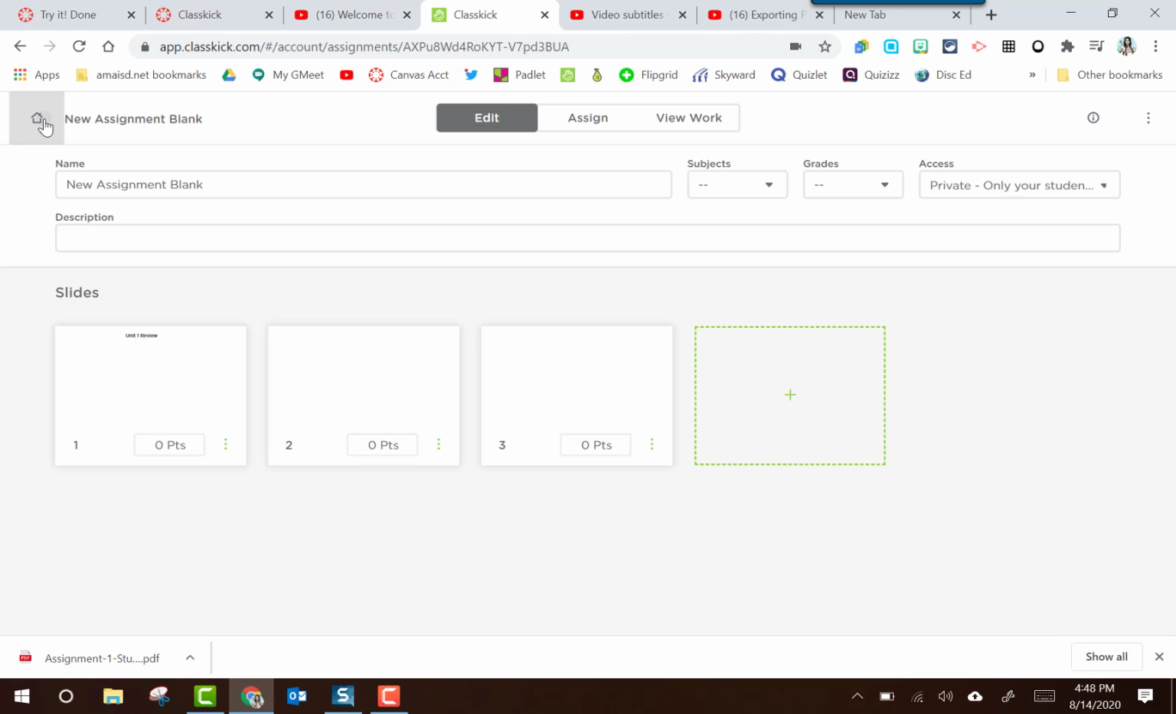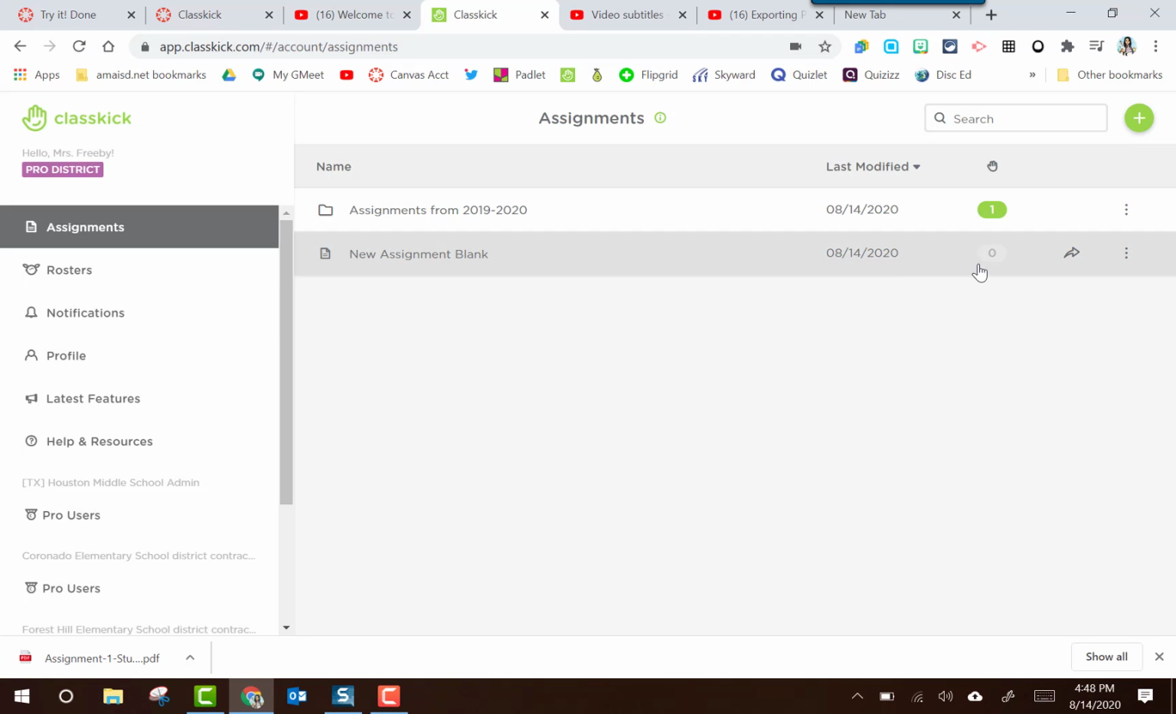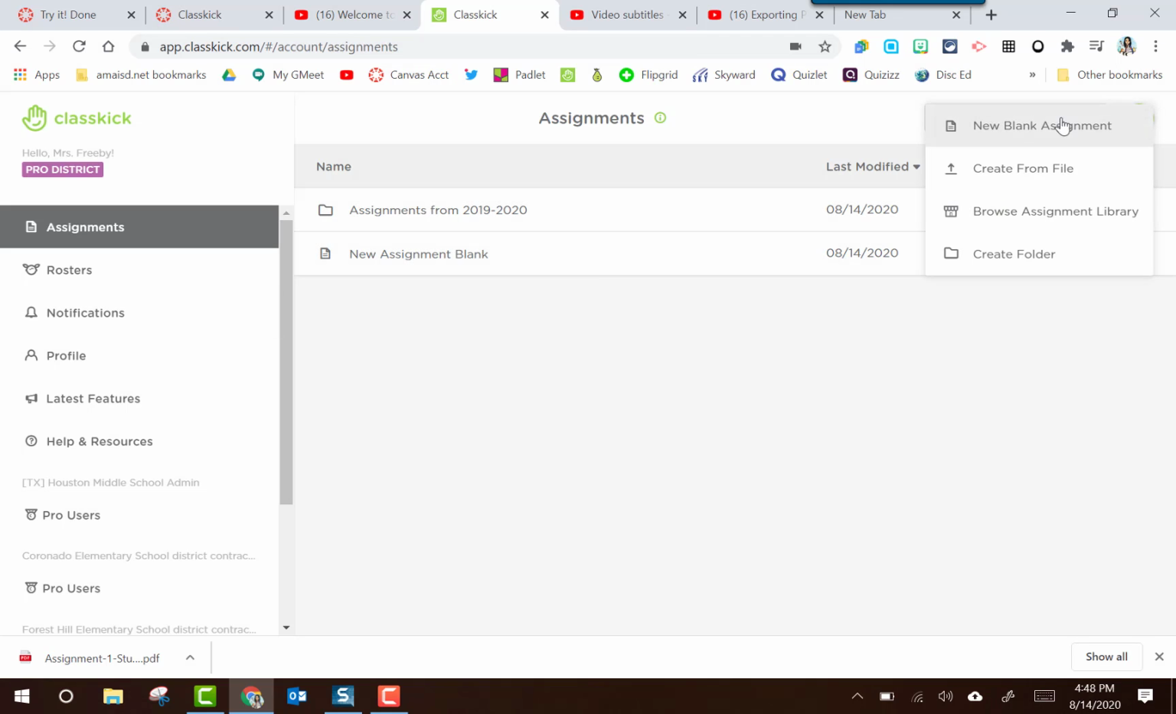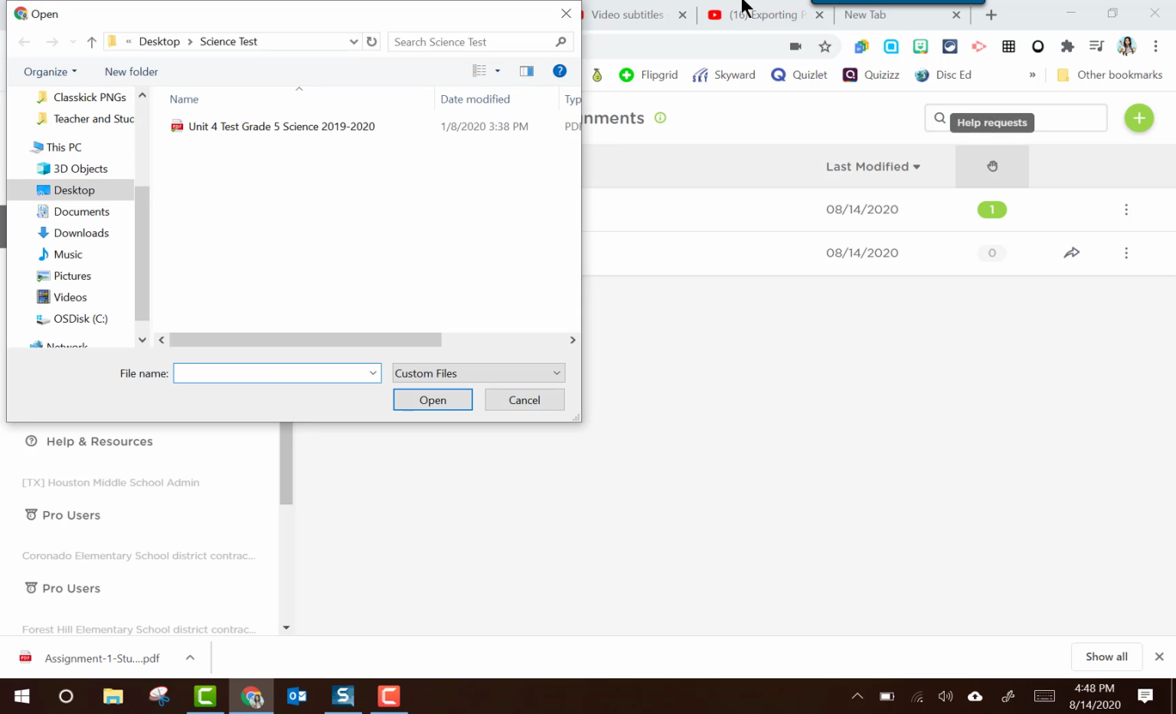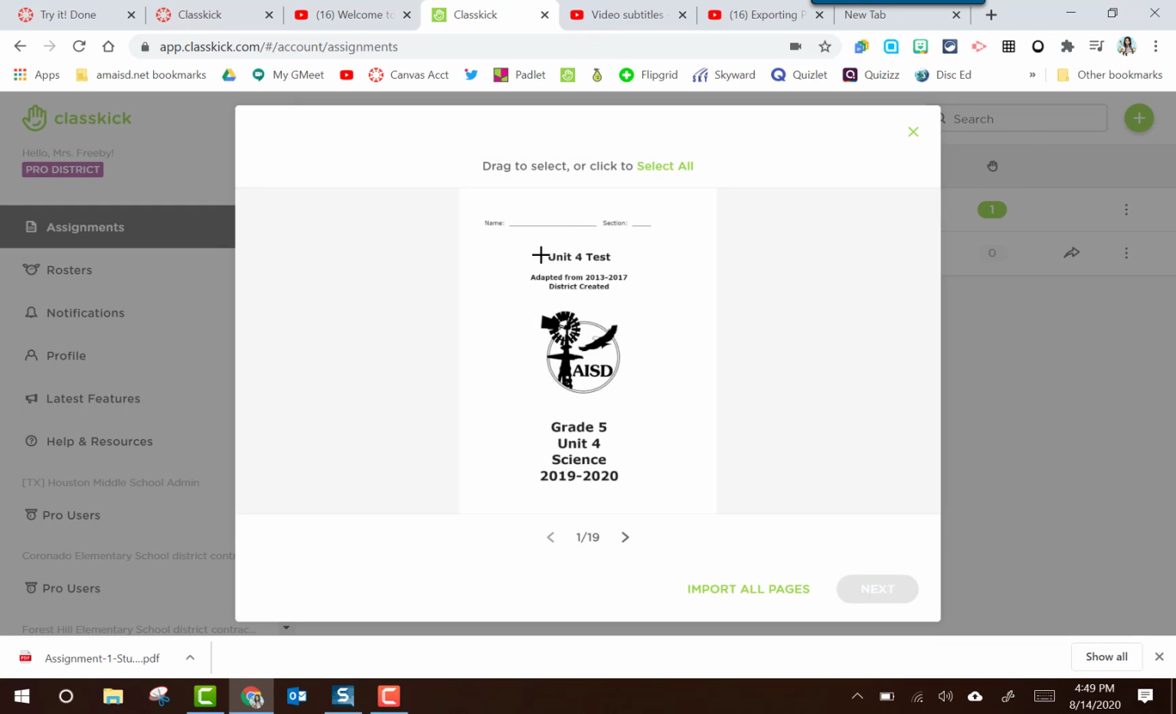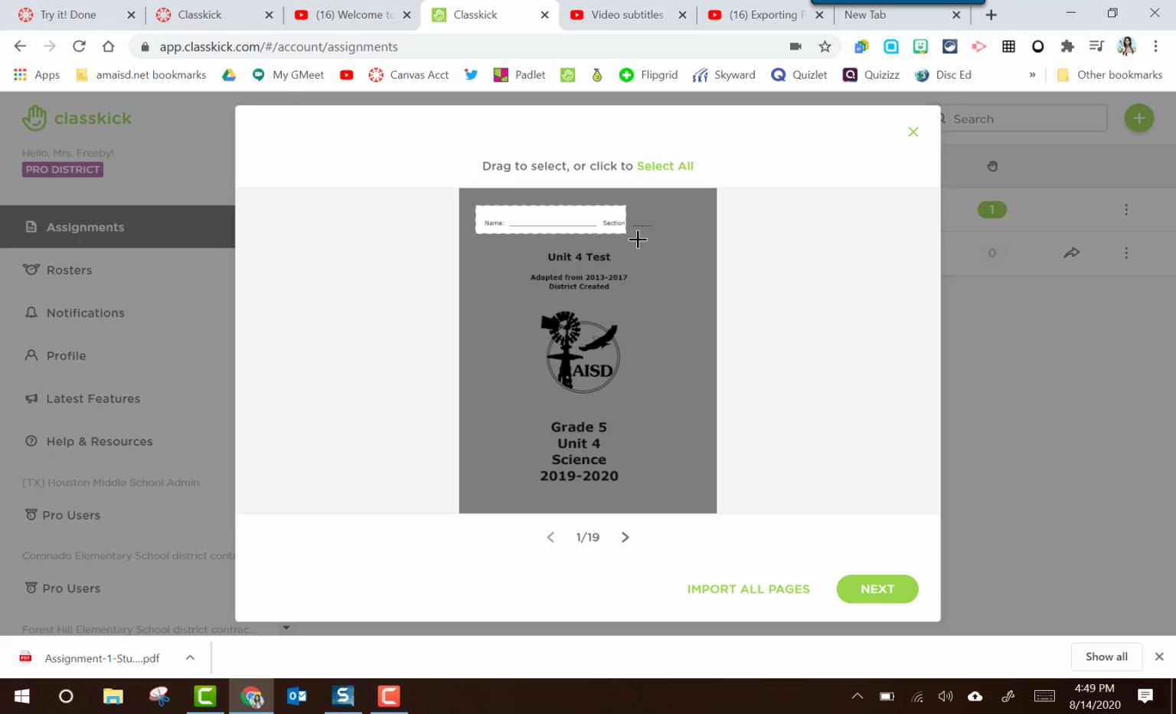Let's back out and go home, and we'll hit the green plus sign again. We'll create from file this time. When you create from file, you're allowed to select images or PDF. For this case, I'm going to select my Unit 4 test, 5th grade science. And again, I have a couple options. I can drag and select, so if I just wanted a part of the test to come in, I could do that. Or I could select all